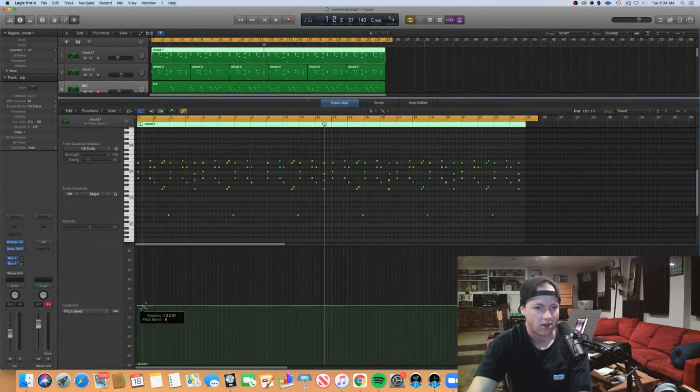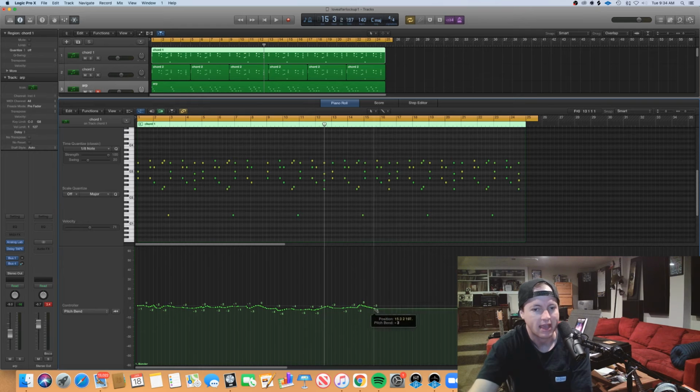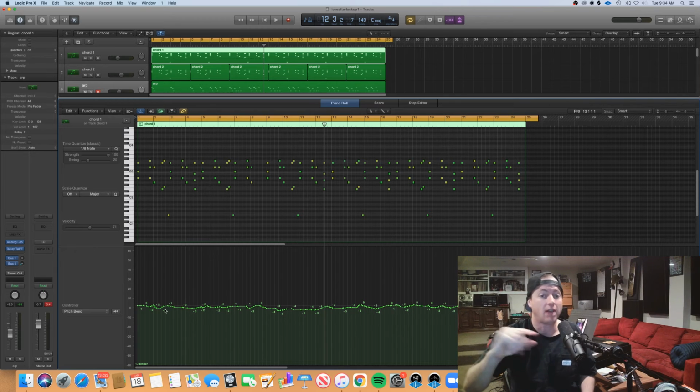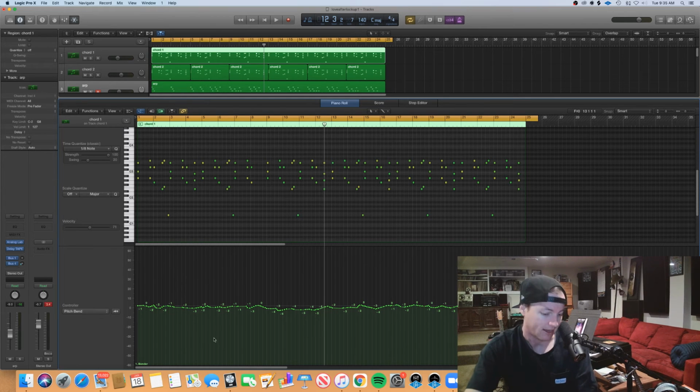Now, it's important to note that what this line is doing doesn't actually mean anything. This is changing a parameter within the actual instrument itself. So in other words, it's like a ratio. If the pitch bend parameters are very wide, a little bit of motion of the line will change the note a lot. Because again, let's say the movement I did was 10%, right? If the parameter is 100, that would be a unit of 10, right? 10% of that. But if the unit was 10, 10% of that is only 1. So again, this line doesn't actually mean anything. It's just controlling the parameter within the synthesizer.